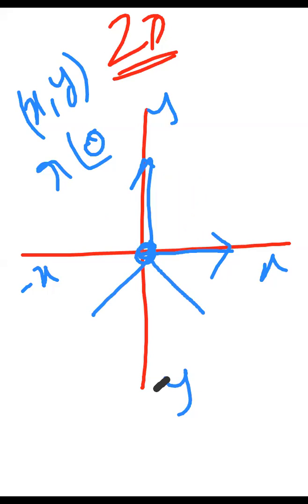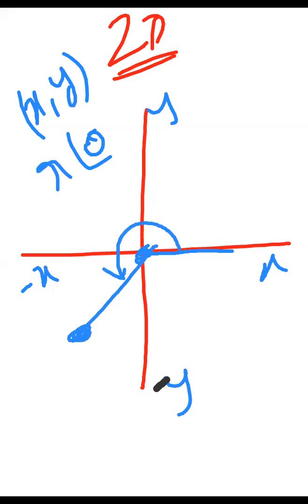Say, for example, I want to go to this point. First of all, I should know the radius. What is the radial distance? Then I should know the angle. How much angle from the base? Here the x-axis is the reference axis for the angle. So with the help of r comma theta, I can go anywhere.